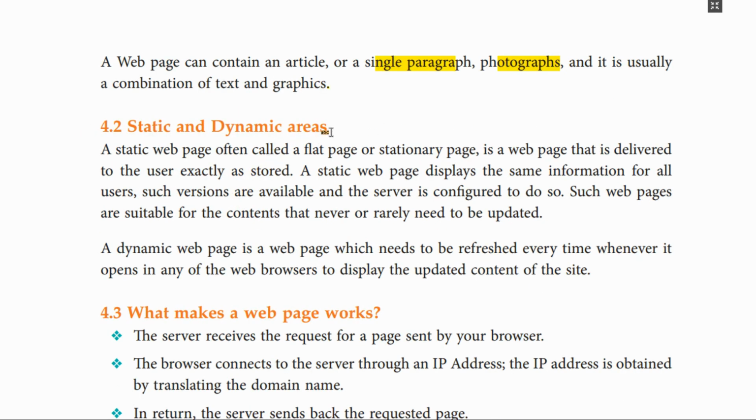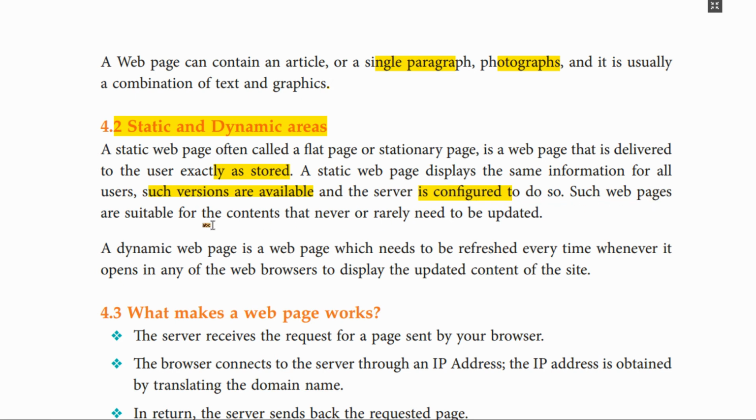Static and dynamic web pages. A static web page, often called a flat page or stationary page, is a web page that is delivered to the user exactly as stored. A static web page displays the same information for all users, as long as the server is configured to do so.